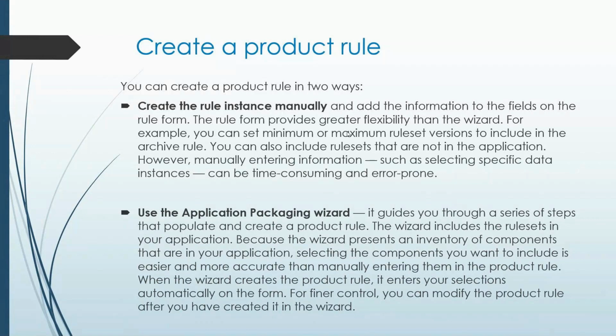But this might come in handy when I have a limited number of rules. Suppose I fixed a bug which just involved one rule. Then I can easily go ahead and create my product rule. Right? Maybe just 2 to 3 rules are modified. So it's easy for me to identify them and to move them across. Okay? So manual creation is more feasible when I have a limited number of rules, more in the case of bug fixes or issues.